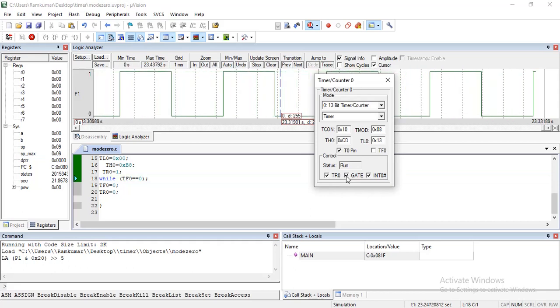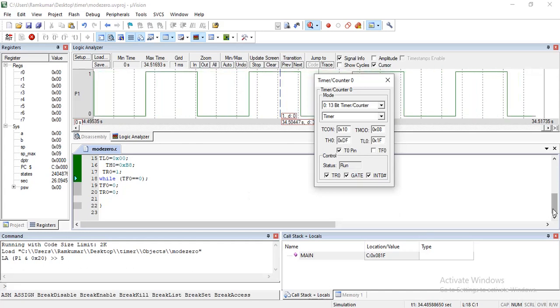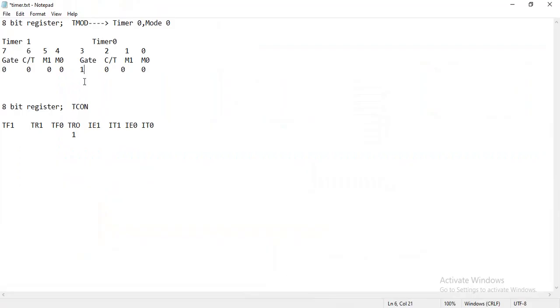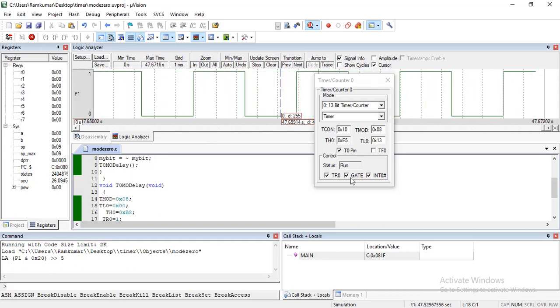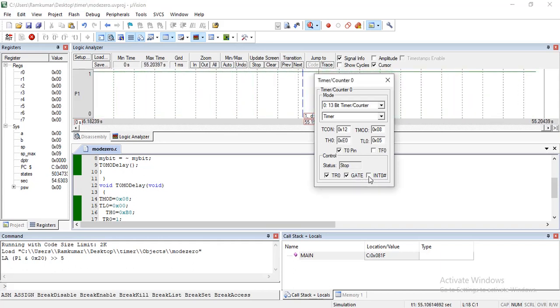So this won't be turned off by you as an external person, because we already programmed TMOD equal to 08. We configured it already as 1, 08 we already configured. So as a programmer we can't edit this one. So the gate bit is 1 and INT0 should be 1. Then only the output will come across P1.5. If it is 0, it won't come. Okay, that is the impact of INT0 and the gate pin.